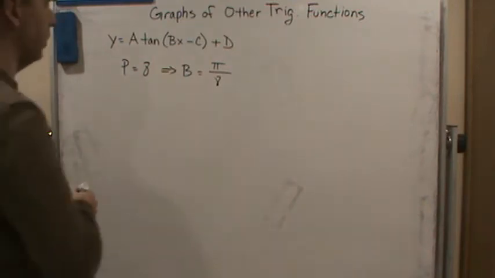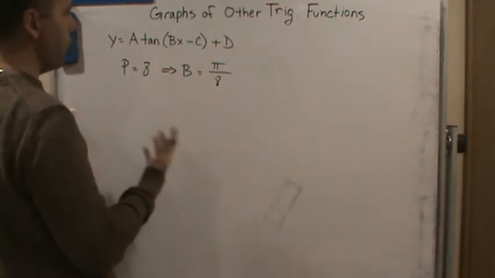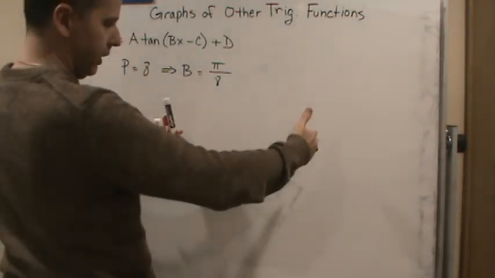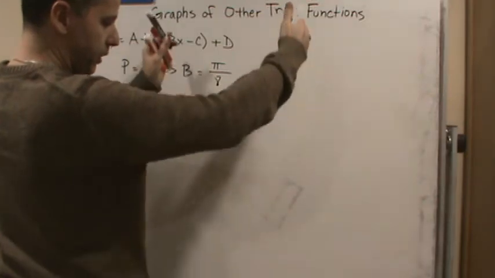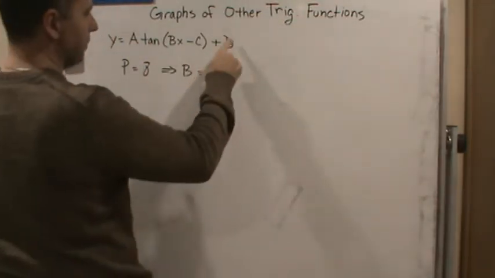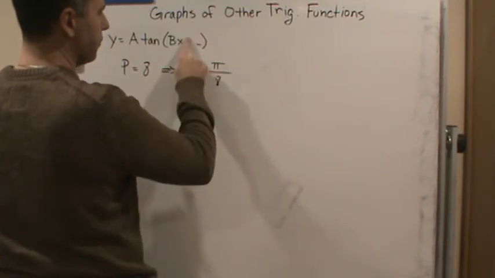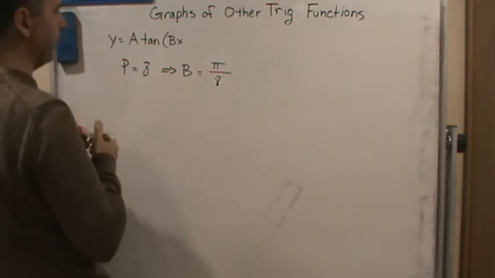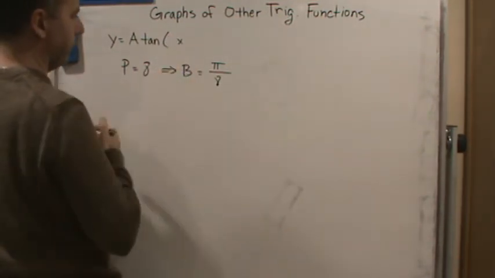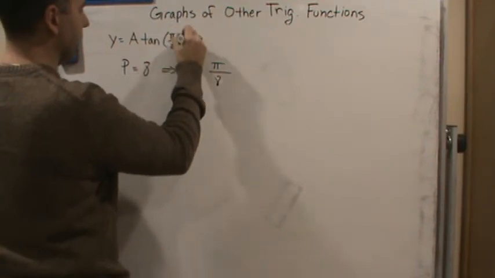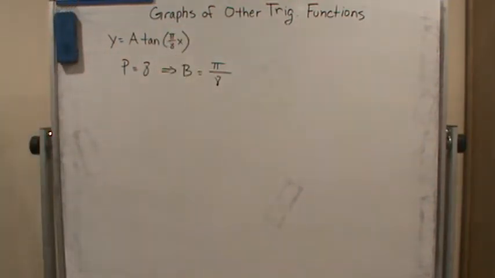So now, oh, by the way, there's no vertical shift, right? It's symmetric about the y-axis, and it goes through the origin. So we can see that there's no vertical shift and there's no horizontal shift. So we can write this as, so far we've got pi over 8, right? So it's pi over 8x. Okay, now